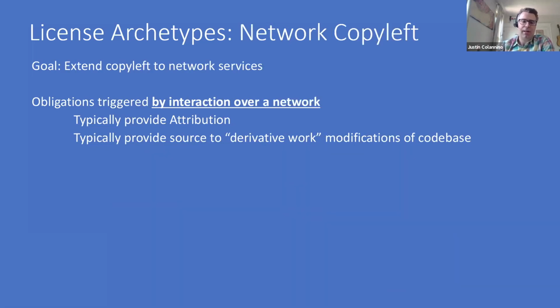Network copyleft is exactly the same scope as copyleft, except that the obligations are not triggered by distribution. They're triggered by interacting with the software over a network. This was in response to the idea that, as software moved into software as a service, we needed a way to preserve that core set of freedoms in that service. And this is the answer to that. This is actually an interesting hot topic question. We're not going to get into this, but there's a very hot topic question in open source right now: is network copyleft enough?